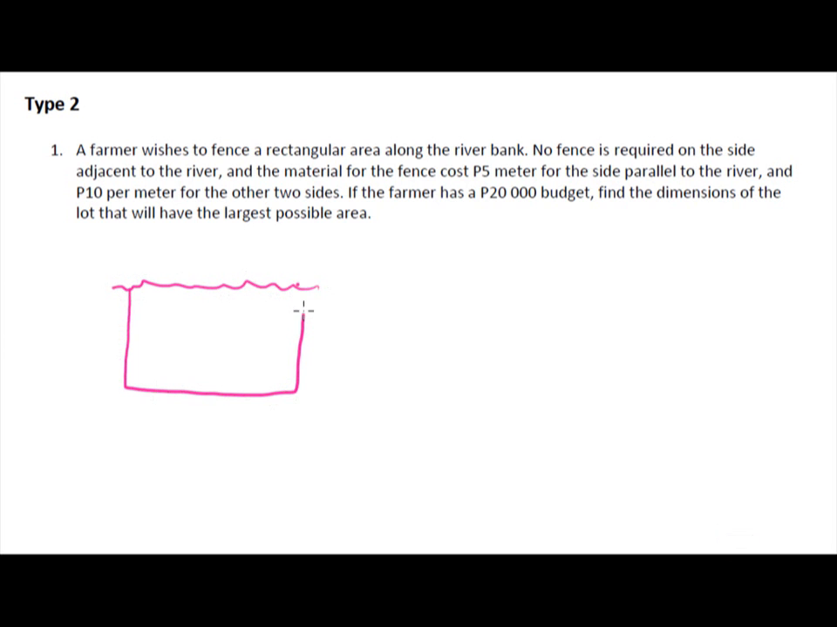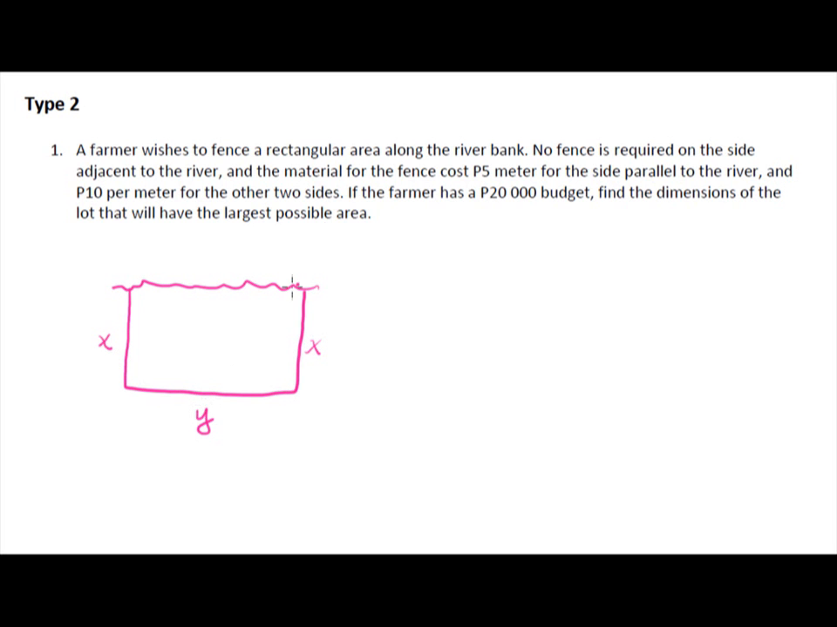and then you're going to fence a rectangular area. So take note that in the second sentence, no fence is required on the side adjacent to the river. So this side does not require fencing. And then the next statement says that the material for the fence costs 5 peso per meter for the side parallel to the river and 10 peso per meter for the other two sides. Before we translate this statement, we can let some variables for the length and the width of the rectangular area. So let's say let x to be this side, so this is also x, and let y to be the